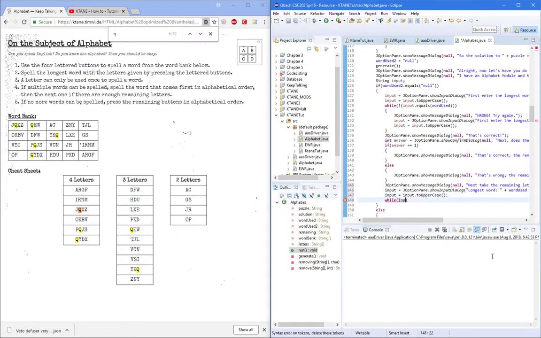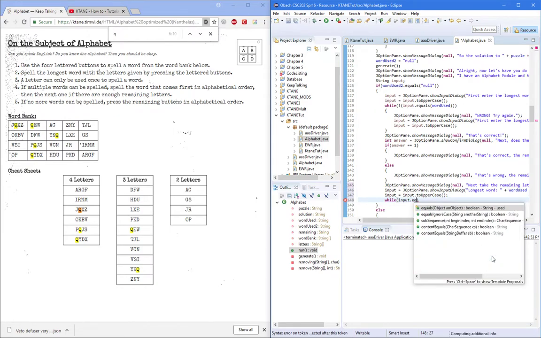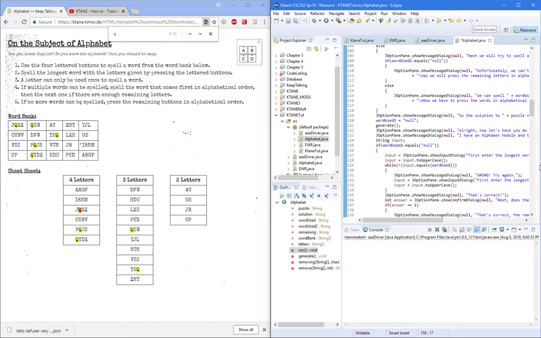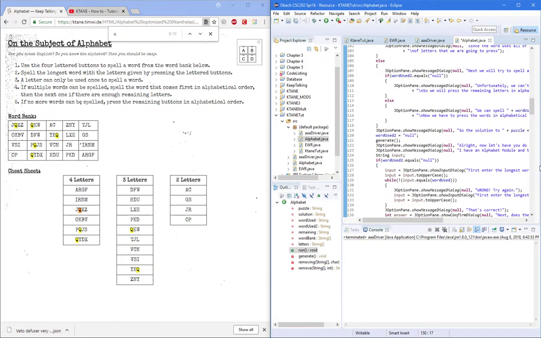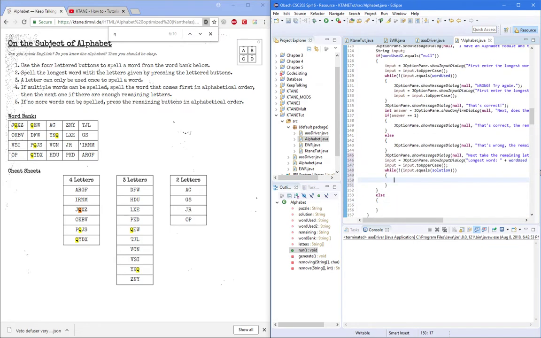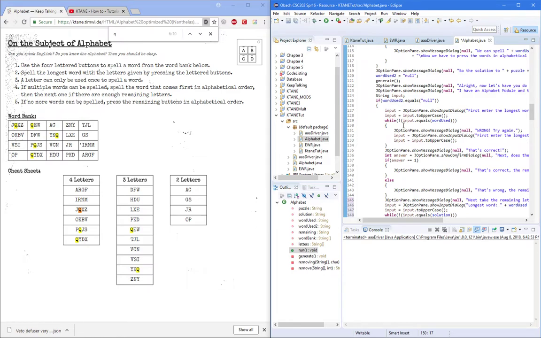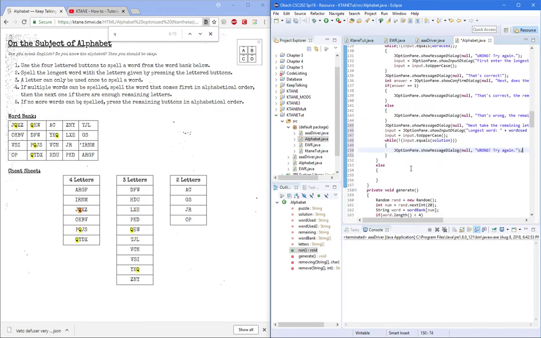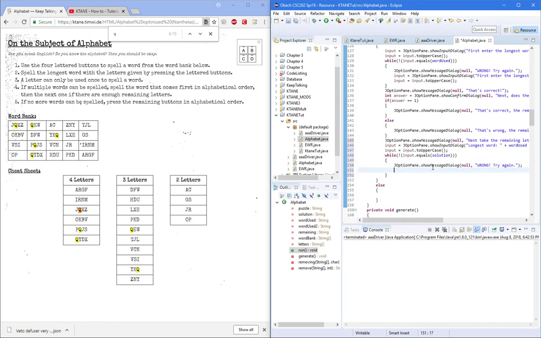Then while input equals solution, wrong, try again, and then we'll have